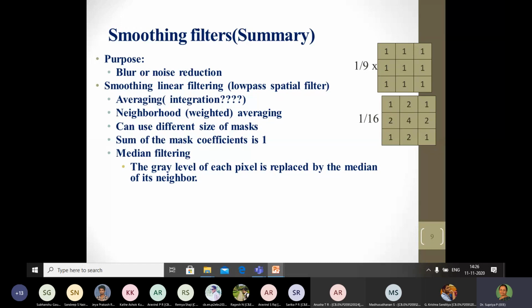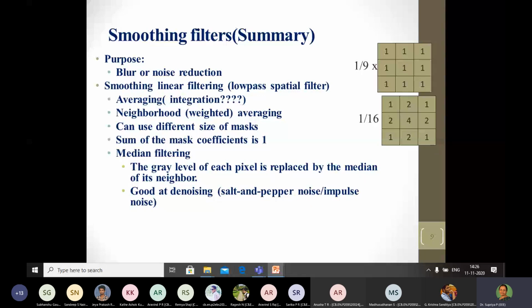So the median filter is basically making use of such a neighborhood, and generally all the literature supports the statement that the median filter is very good at denoising, because most of the actual noise appearing in most image processing problems, we assume, is impulse noise, or rather it could be close to salt and pepper noise. But you will see that if it is after an algorithm, as could be seen in an example that I am going to share, that may not be fully true.